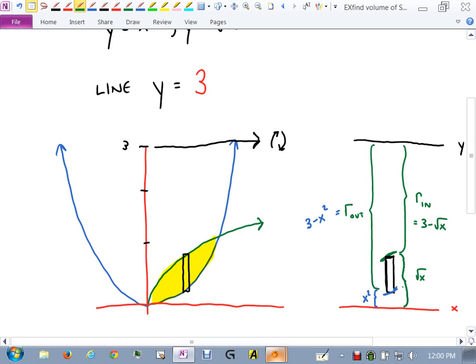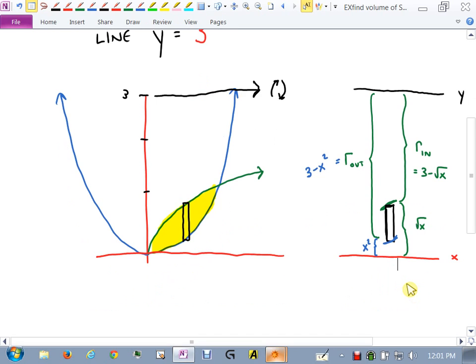Yeah, so the reason why I like to approach it this way is because I think it's very valuable to understand the geometry of what's happening, rather than just plug in. That, to me, is dangerous. But if you like it that way, as long as you get the right answer, I'm not going to take off for it. Okay, we good? Set up the